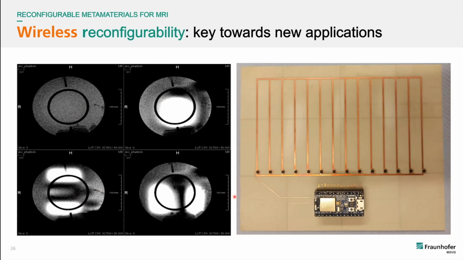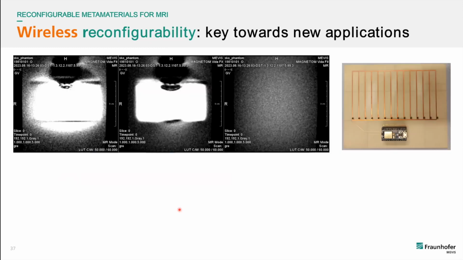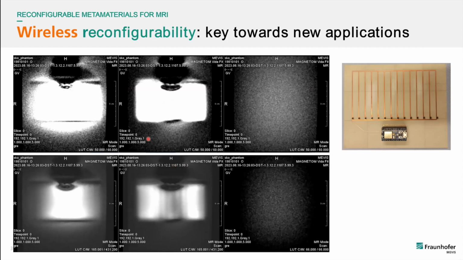It's working oriented in this direction, but you can also reorient it and get similar results. You can even use two metamaterials which are perpendicular to each other to get resonances in different modes, which do have a spatial distribution and give you some spatial information on this. And here are also two other